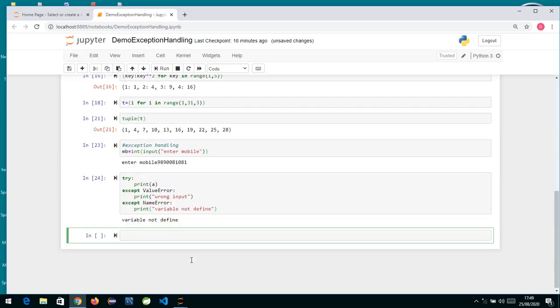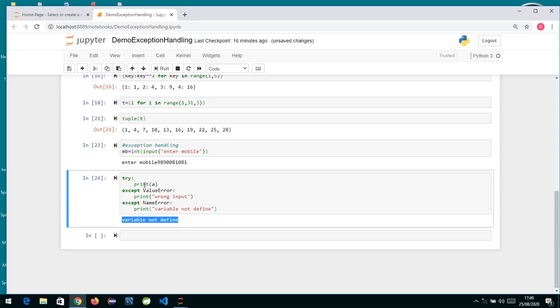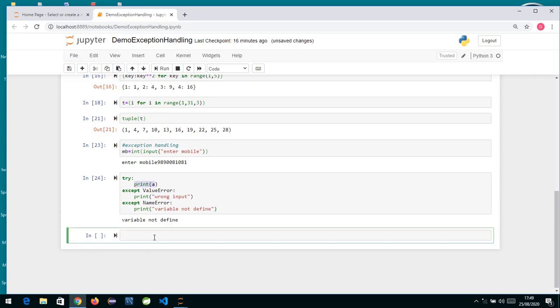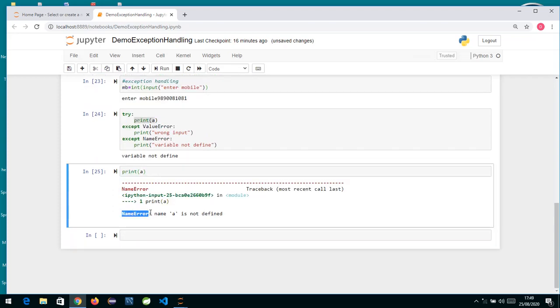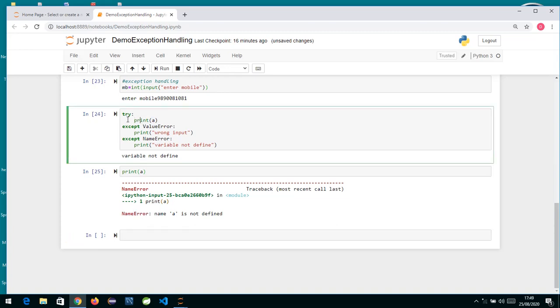If I run this logic, you see it has gone directly over here, because when I say print a and the variable is not defined, it will give you name error. So what happened is, in the try block, when the Python interpreter was executing this statement, it saw there is no variable by name a, so it created an exception object, and the name of the object was name error. Then as this code is in the try block, it saw is there any matching catch. Value error, no, this is not the matching catch. Name error, yes, this can handle. So it gave that error object to name error, and whatever you have written over here got executed.